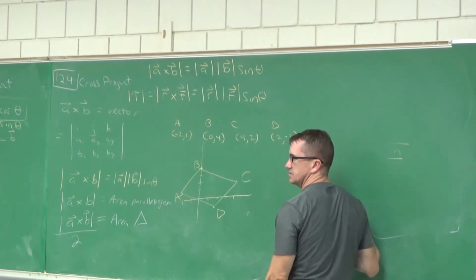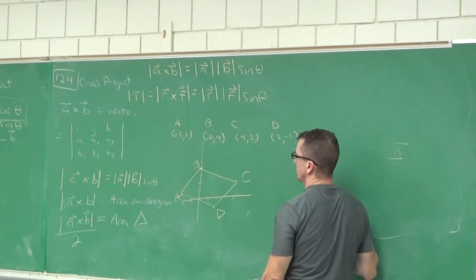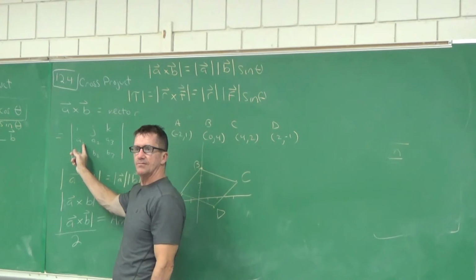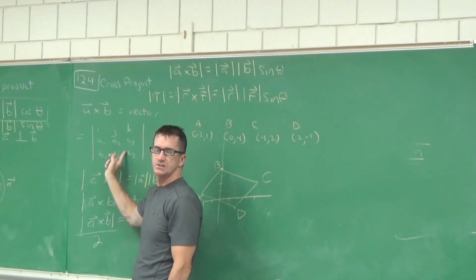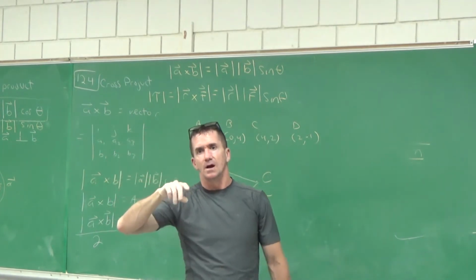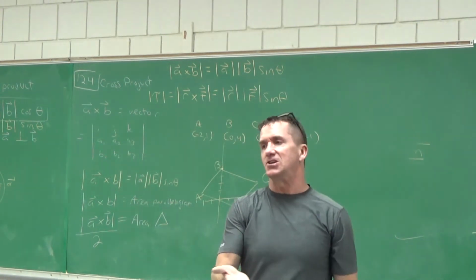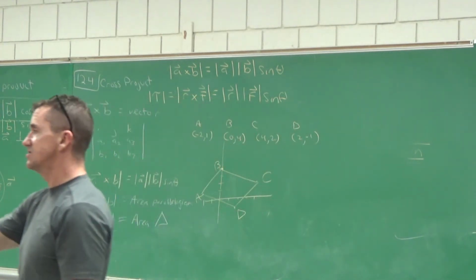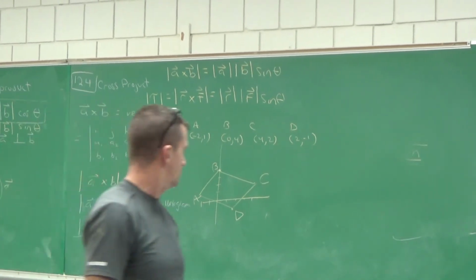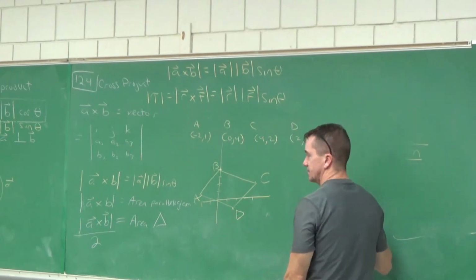What vectors can I use? AB and AD. I'll do it. Now, I thought when we do cross products, these vectors have to have 3 dimensions, right? So any suggestions how we can still work the problem? i, j. Definitely use k, but what number can you use for k? 0. There you go. Think of this as just sitting in the XY plane, right? These vectors, just put them right in the XY plane, and let that k component be